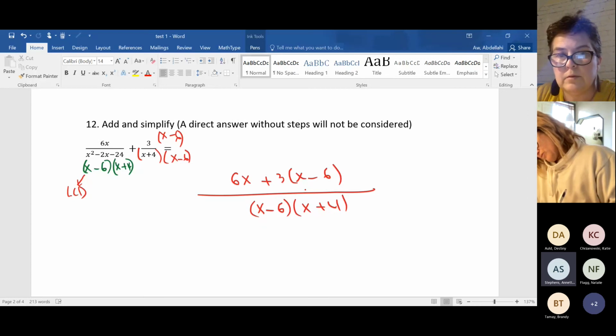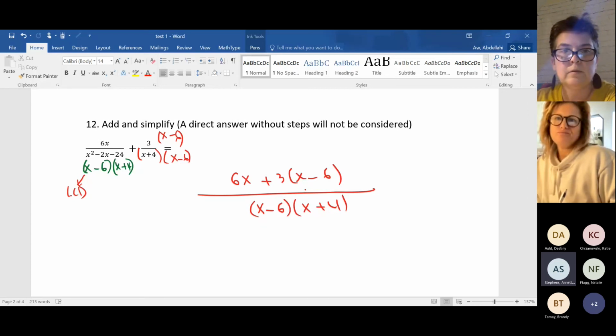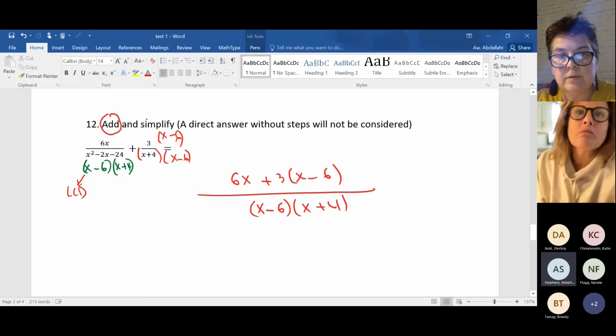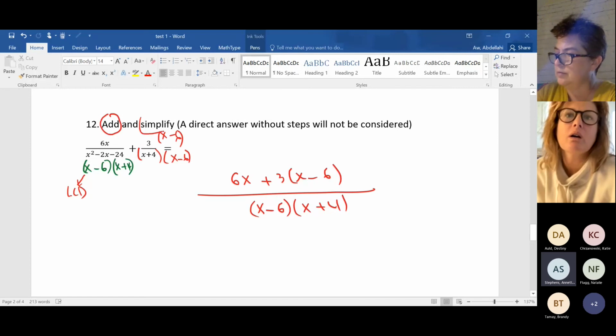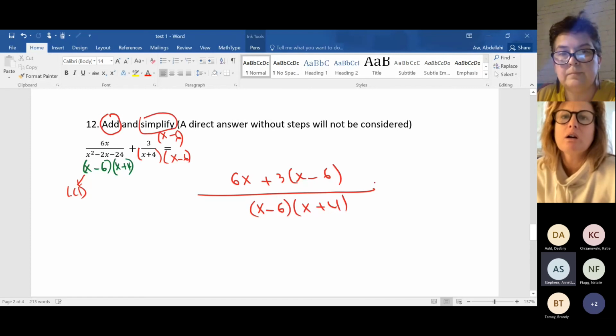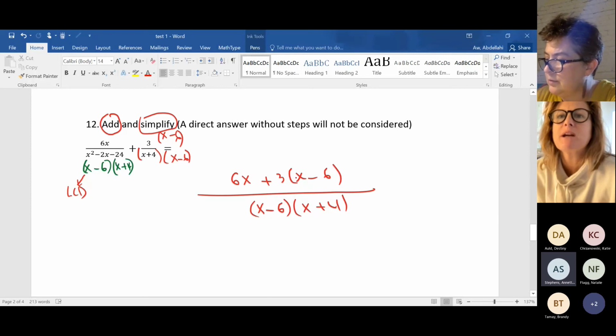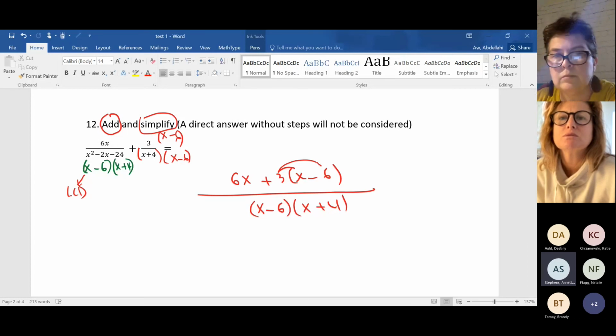You see, this is a perfect example, Natalie, of doing one part of the question right here. Add, we did add. Now, what is the remaining part? Simplify, right? I went ahead and multiplied this to 3x minus 18, but I could have canceled those out. So we multiply with 3x minus 18, but we don't rush into simplifying again,